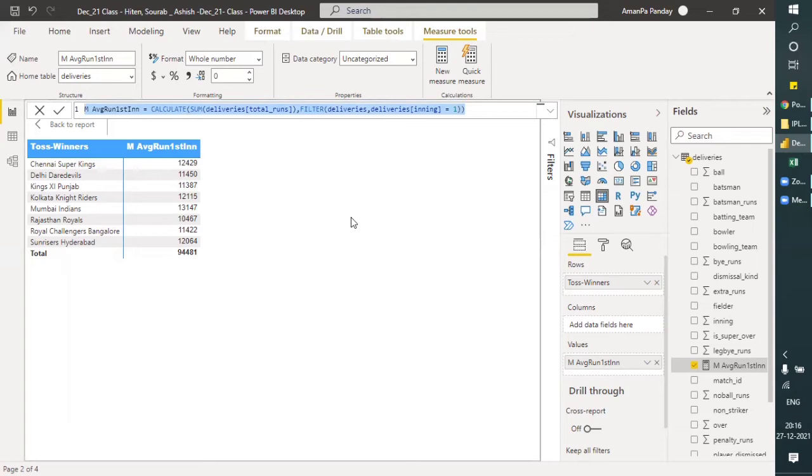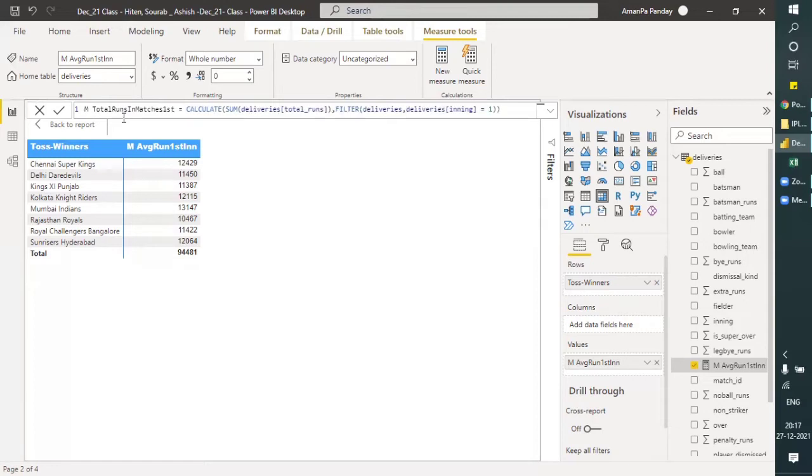Sir, we are calculating the total average of runs played by each team, so we use this calculate average function. Yes. So the total runs scored by the team in the first innings. Okay, it's not yet the average. Let me just change this. This is not yet the average. This is total runs in matches, the first innings.